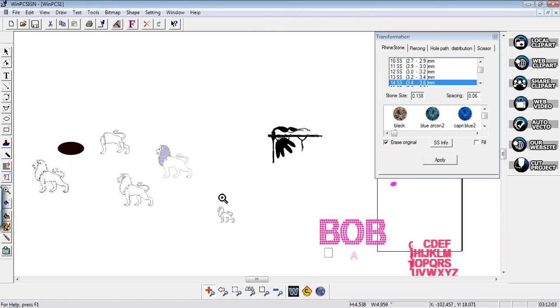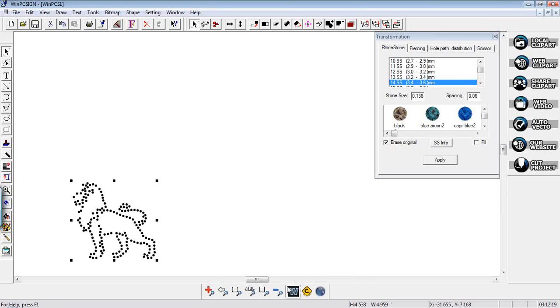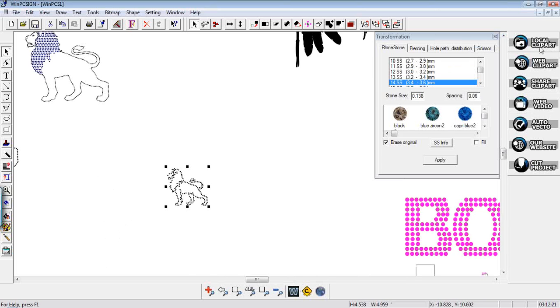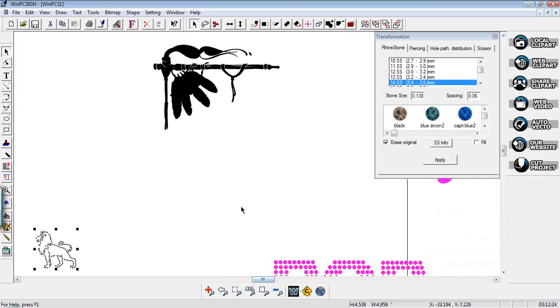It's just that the program doesn't have enough lines for it to carry through. You need a bigger image for more lines for those stones to fit on. Stones take up a lot of room where a pencil line does not. So depending on what size stones you're working with, we're working with a lot of images, a lot of things in one area, and if you're not getting a good result, go to a different font,